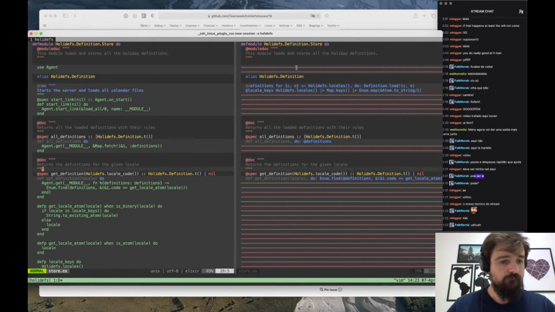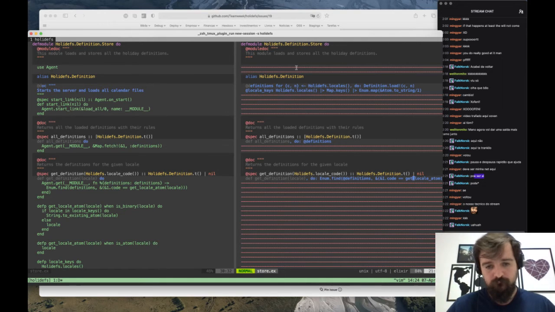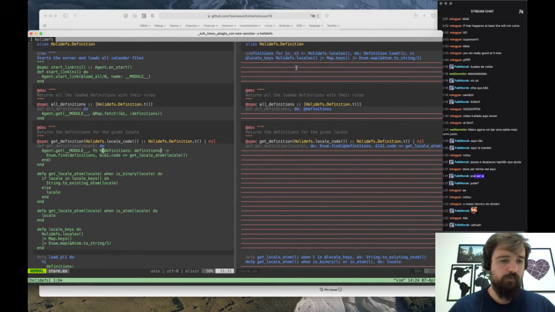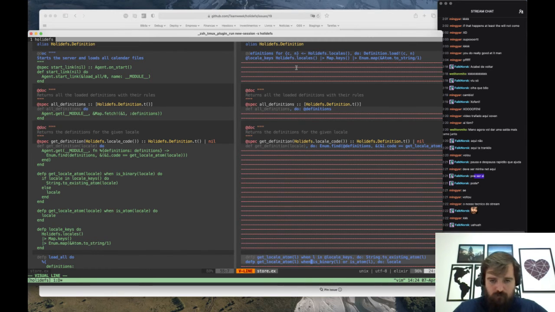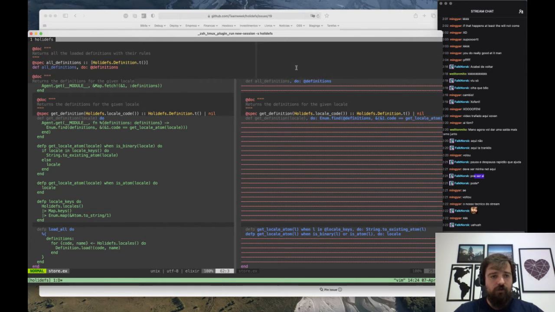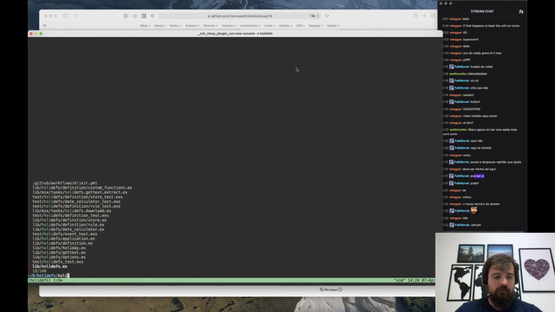Continuing. Get definition now just gets the definition from inside these definitions that were loaded at compile time. And we rewrote this function, get locale atom, to convert the string to atom in case it is a valid atom. And that's it, right? So the thing we have to do now is to actually load Holidefs